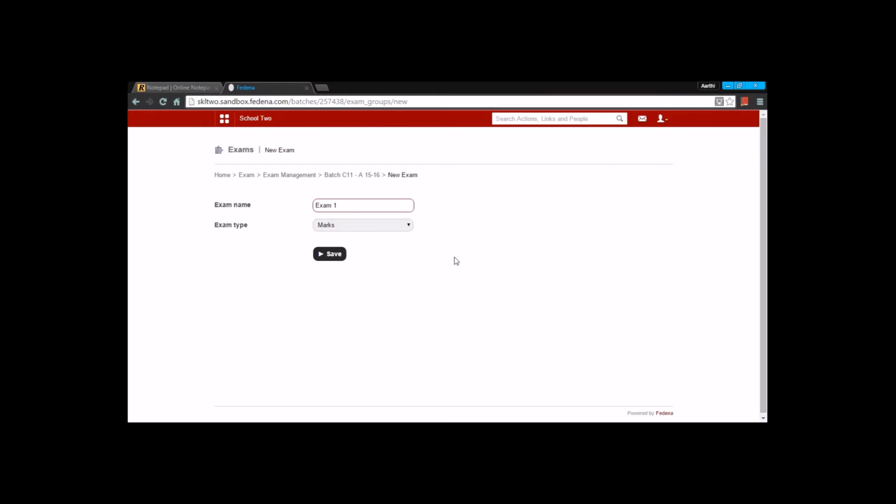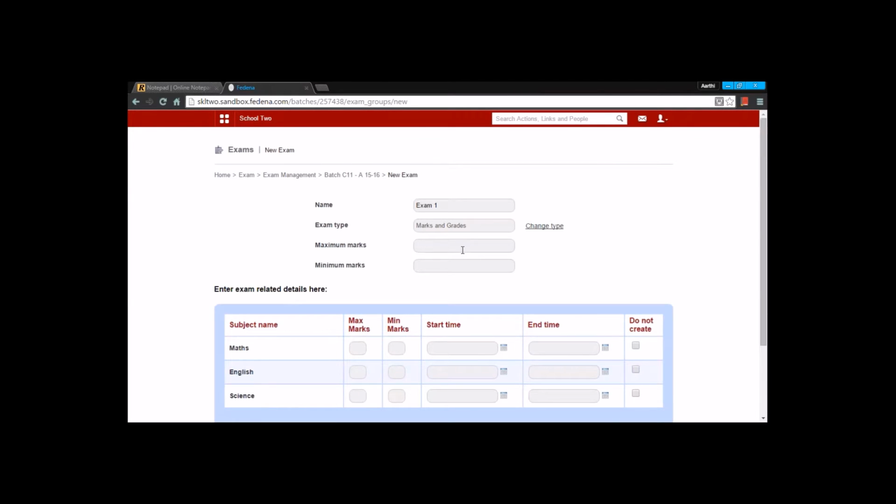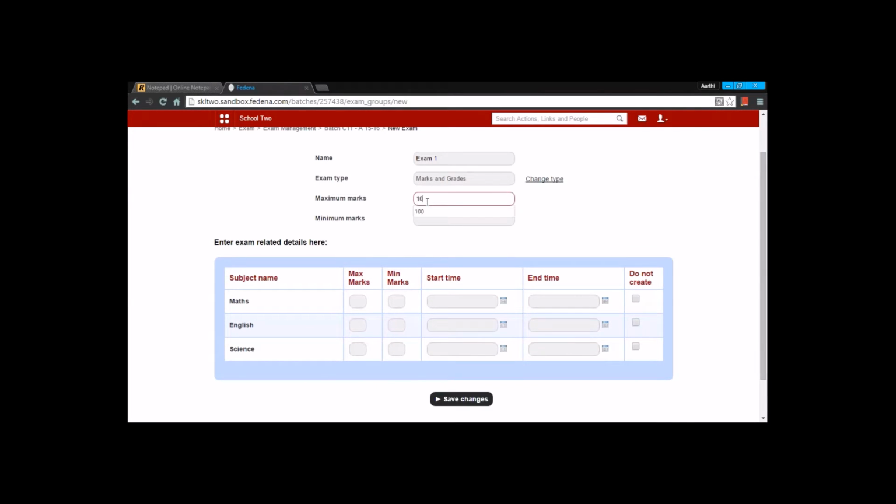Exam 1. I'm giving marks or grades, or marks and grades. I can choose any of these options and I can save. Now you can see the maximum mark for subjects can be entered here. I'm giving a maximum mark and a minimum mark, and here you get to see the subjects that are present